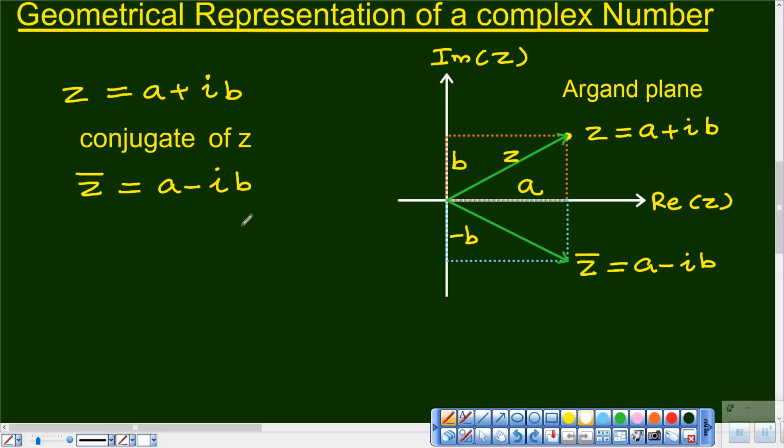So this is the basic understanding of complex numbers, and remember that complex number in itself is a very elaborate chapter and it will be dealt with separately as a topic. As far as quadratic equations are concerned, we are dealing only with the basics of complex numbers here. Then what is the quadratic equation?